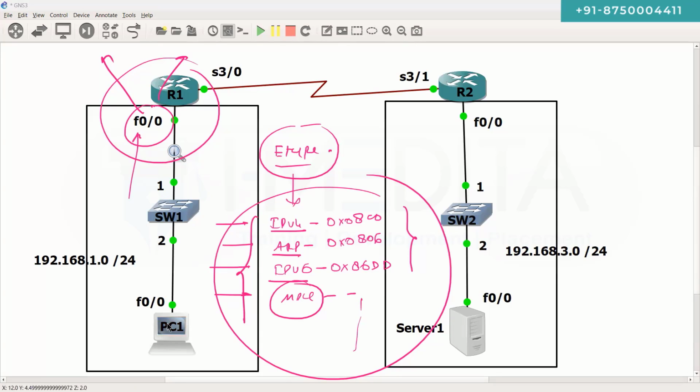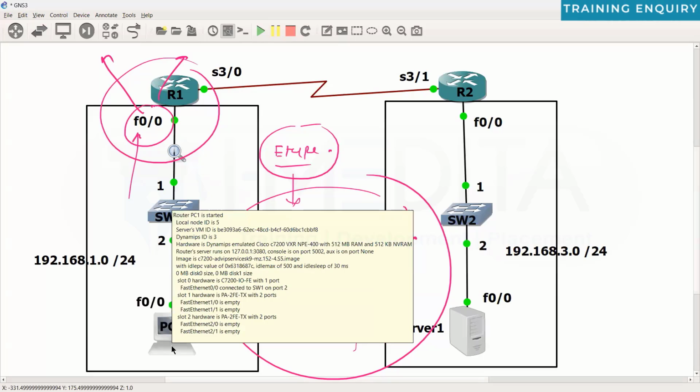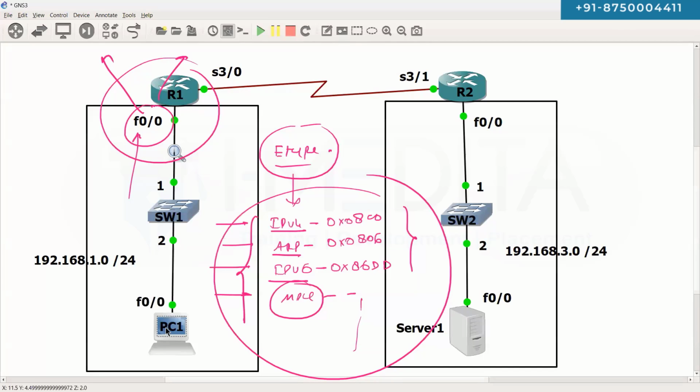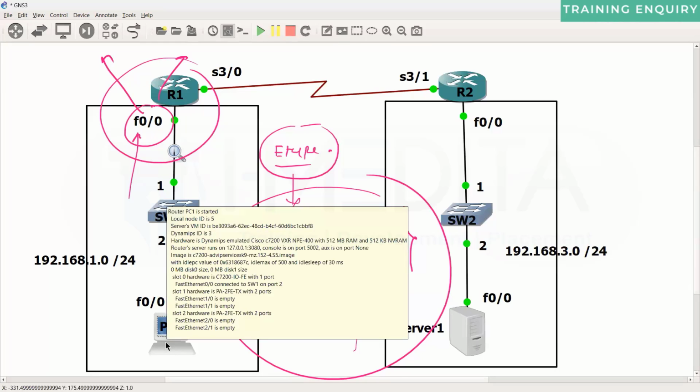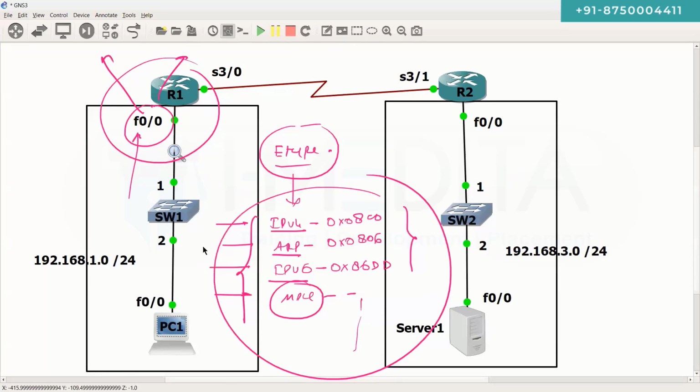Yes. That is, if you are trying from the PC point of view. Ideally, what happens when we generate the packet from these devices is that if these devices have a concept of buffer, when I say ping or trace or whatever, once they come to know that they don't have the destination MAC address, they put the packet in the buffer, and then they send the ARP request, get the ARP reply, and then they take the packet out of the buffer, and the packet actually gets sent. So no packet drop. But sometimes what happens,